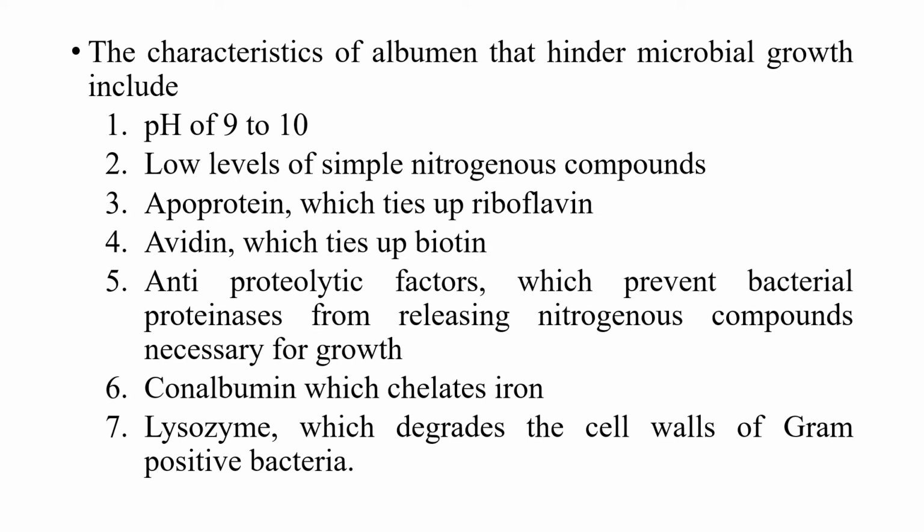The first one is that the pH is about 9 to 10. Most microbes or bacteria cannot survive in this pH range, and the albumin also contains only low levels of simple nitrogenous compounds. Some ovoproteins present will tie up the riboflavin, and avidin will tie up the biotin, and some anti-proteolytic factors are present which will prevent the bacterial proteinases from releasing the nitrogenous